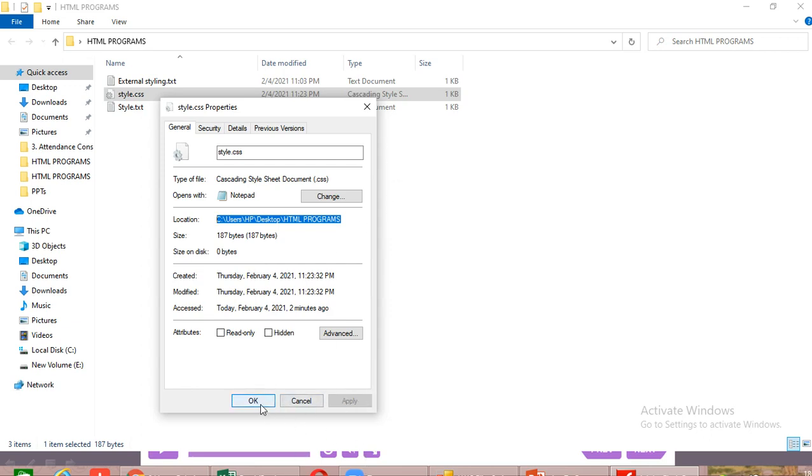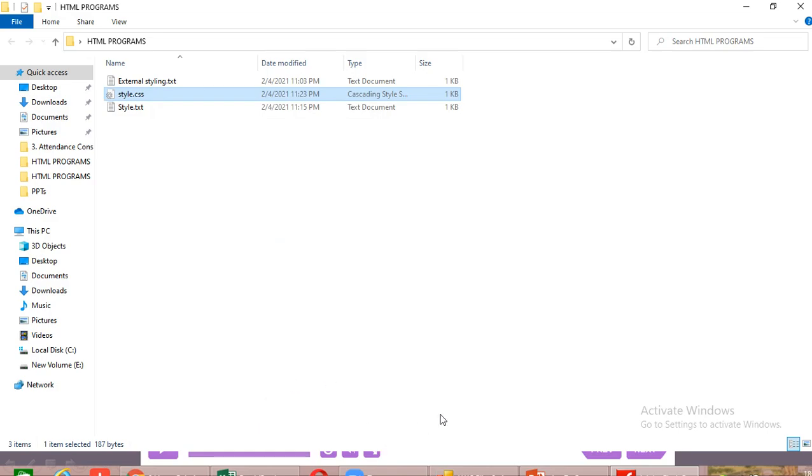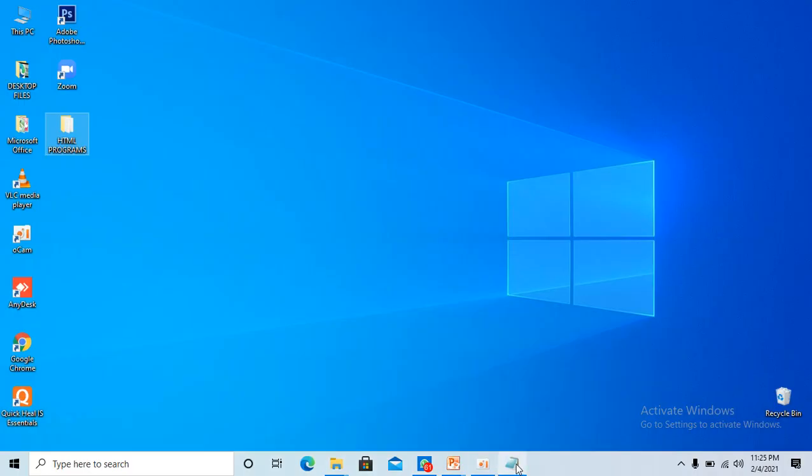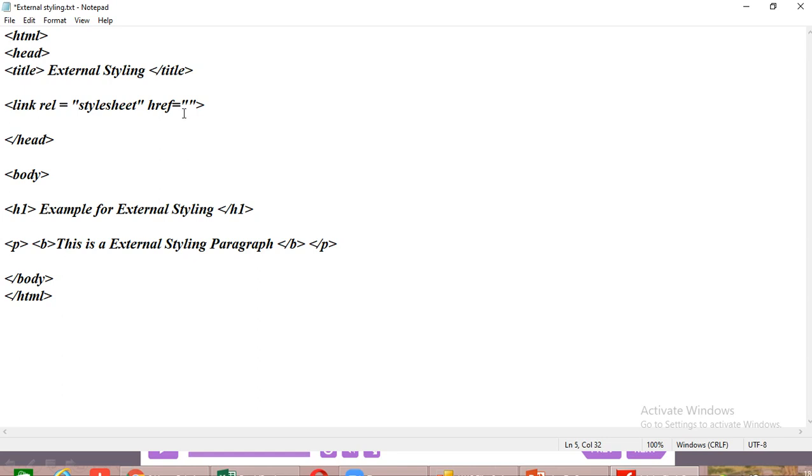After copying it, we want to paste it in the notepad. Where is that notepad file? Here it is. Within the double quotes, you want to paste it. Is it clear? So we are giving the reference of that style sheet. We are giving the link between this current HTML program and the style sheet. Okay, we have given the path, but we didn't mention the file name.